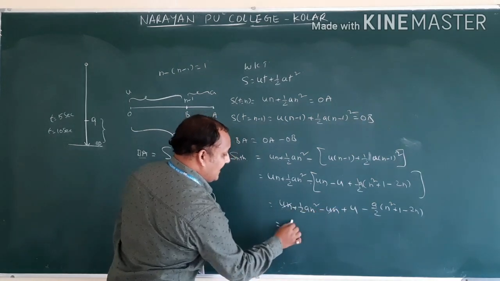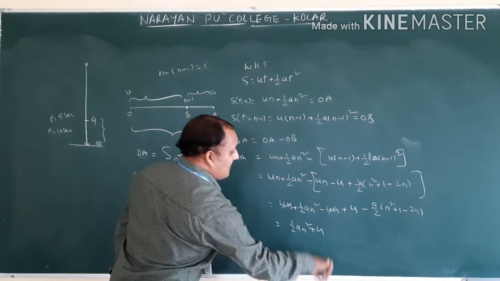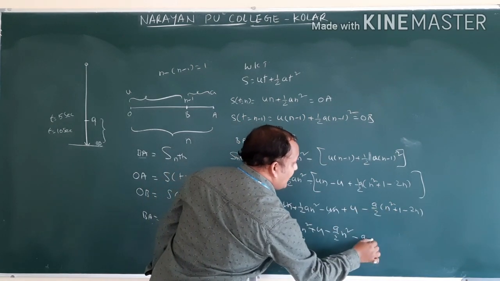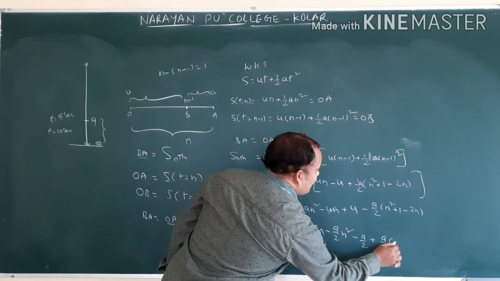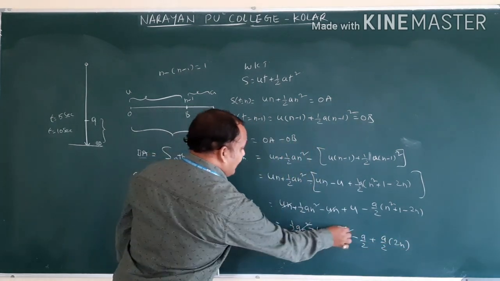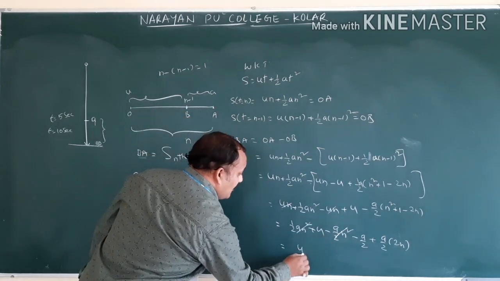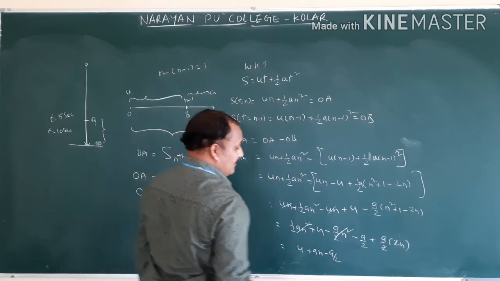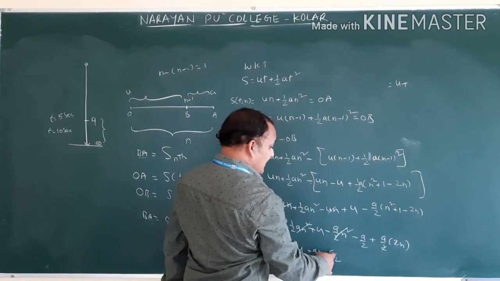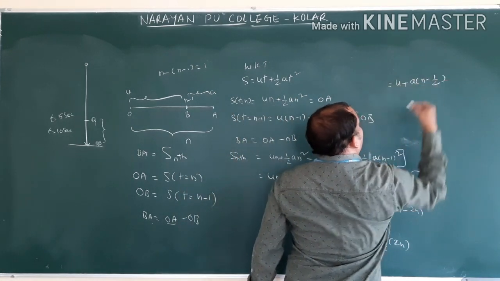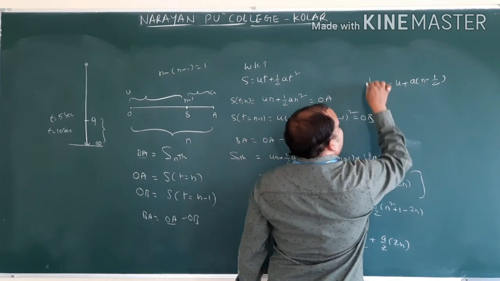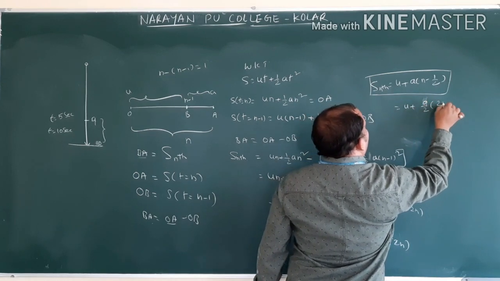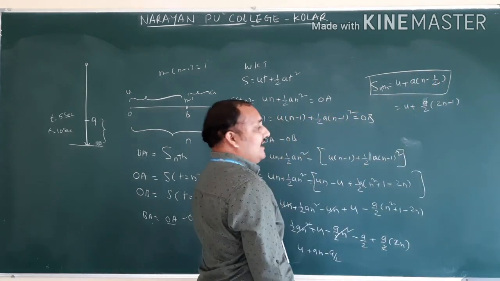So this un will be cancelled. Half an square plus u minus a by 2 n square minus a by 2 into 1, plus a by 2 into 2n. So half an square will be cancelled. So u, plus an minus a by 2. That is nothing but u plus, what is common here? a into n minus 1. So this is the distance covered in the nth second. This one only they will write as u plus a by 2 into 2n minus 1, if they have taken LCM 2.